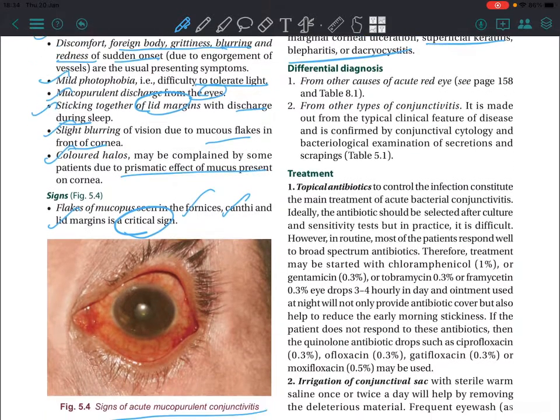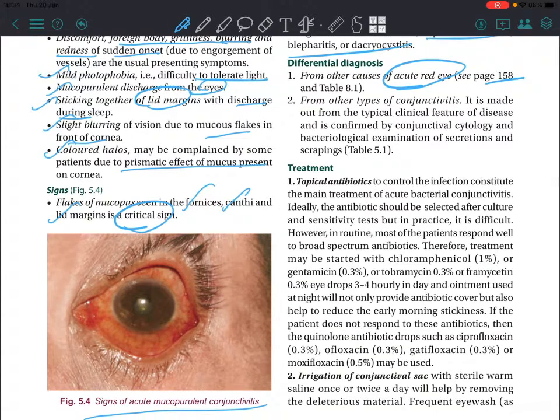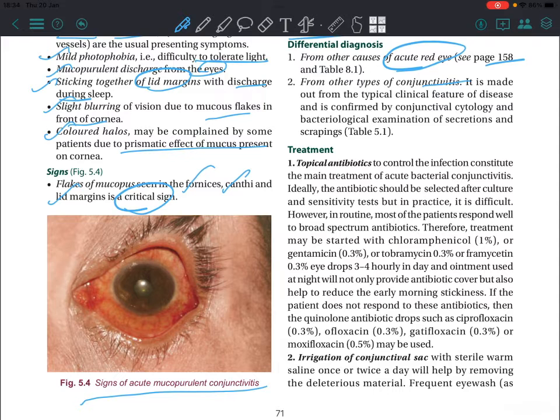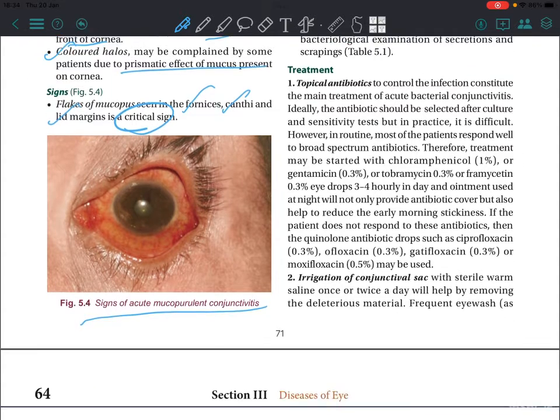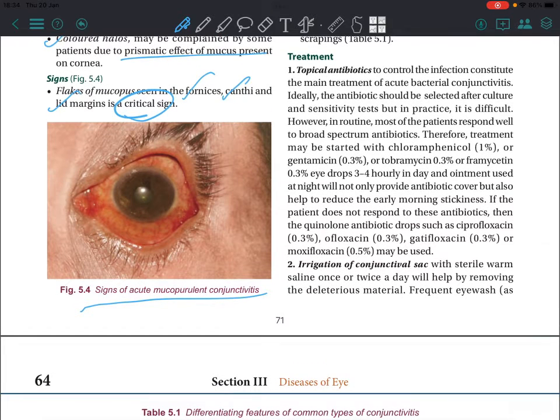Differential diagnosis from other causes of acute red eye we will see in future. From other types of conjunctivitis, it is made out from the typical clinical features of the disease and is confirmed by the etiology given in the table. Treatment: topical antibiotics